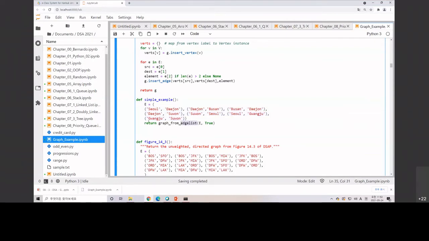Okay. And if we have this X list, we call it this is X list. So we want to create a graph. We want to insert the E. E is this one. So it is a tuple. And then we said this is true. What does it mean? So the E